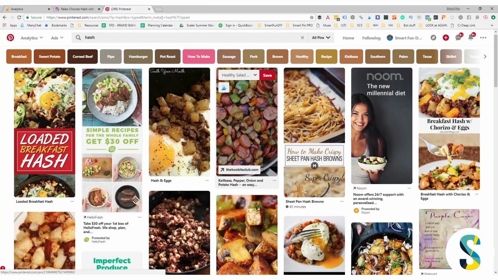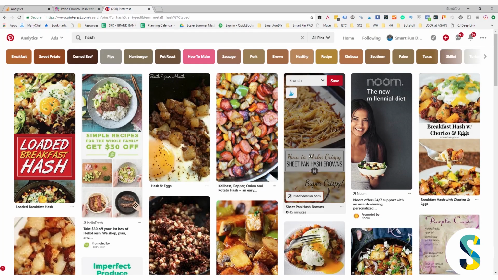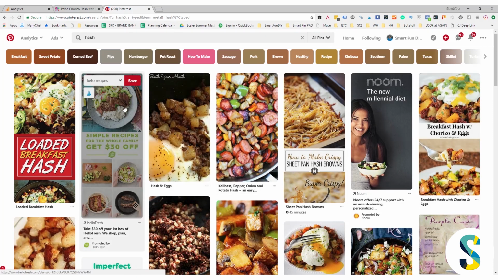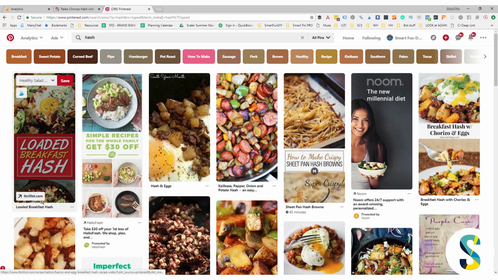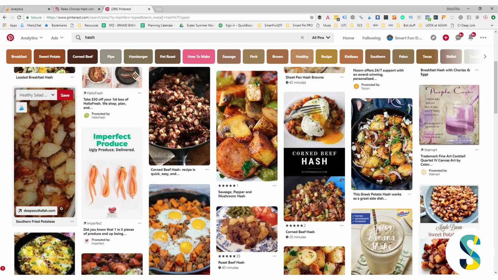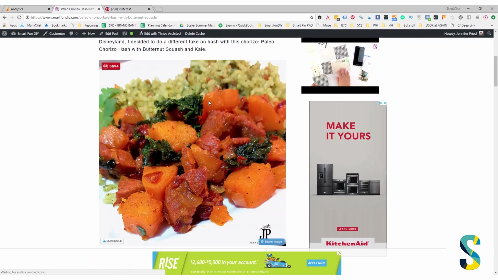Well, you might want to take new photos. So, you know, I can't go and recreate a photo where it's on a plate or in the pan, right? I'd have to make the recipe over again in order to do that. So what do I do with these photos that I currently have? So what I could do is